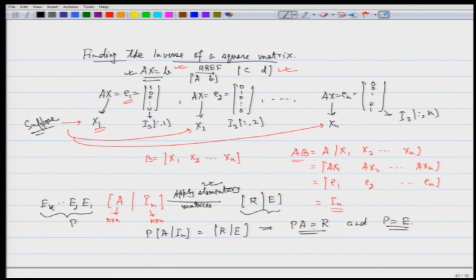This is very important for us. Look at here, P times identity is E. So, this is very important that you need to understand. Fine. So, what we are saying here is, since P is E, these two together give me E times A is R. Fine. So, be careful about this. E times A is R. And what is E? E is nothing but P, and P is invertible. Why is P invertible? Because P is a product of